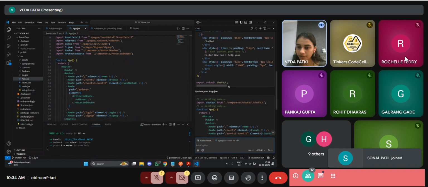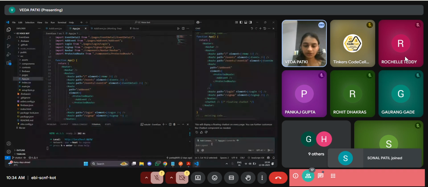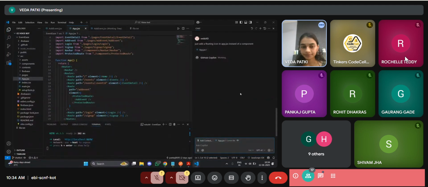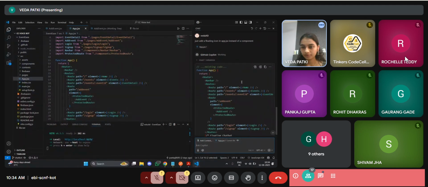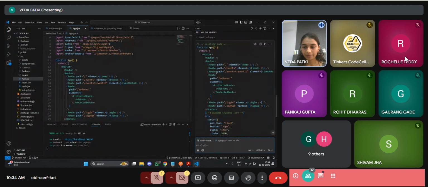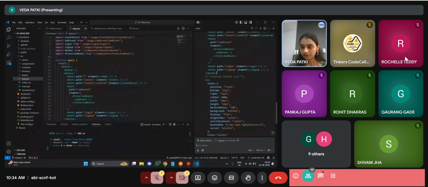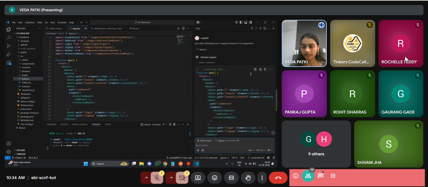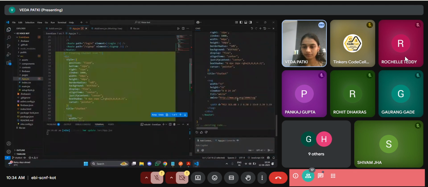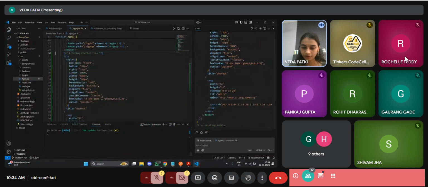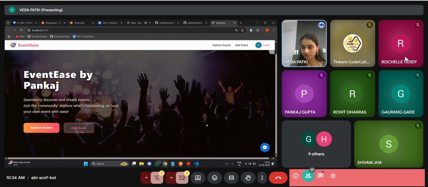Okay, so it is adding a component, right? So what we will do is just add a floating icon in app.js. Yeah, so here it will add it in the app itself. So we will just apply to the editor and accept the changes. And if we go here, yeah, so here we have an icon, but अभी इसको click करेंगे तो कुछ होगा